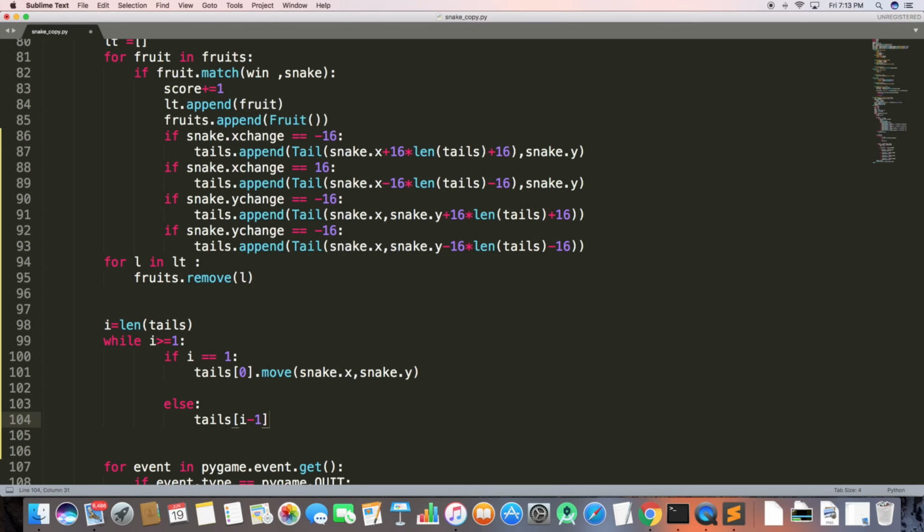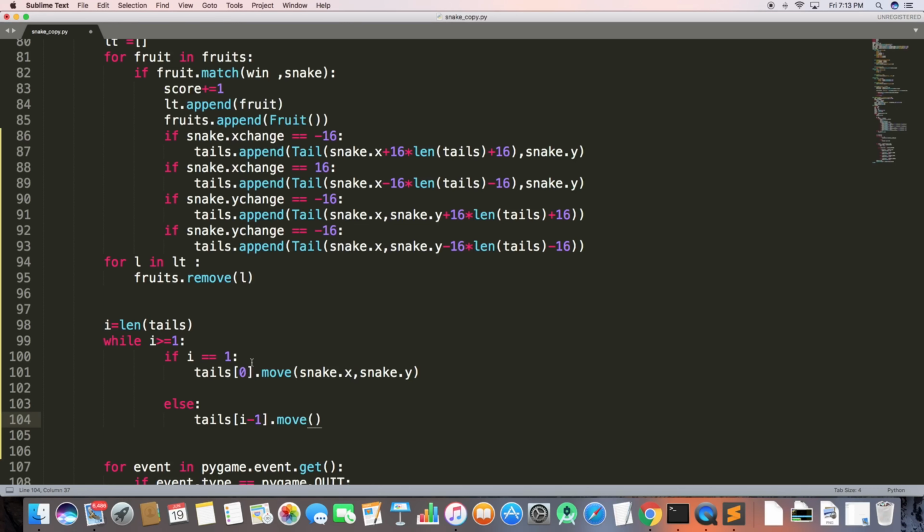So here you can see I have an else condition. If tail is not 0, then what I'll do is tail i minus 1 dot move will be tail i minus 2 x and tail i minus 2 y.